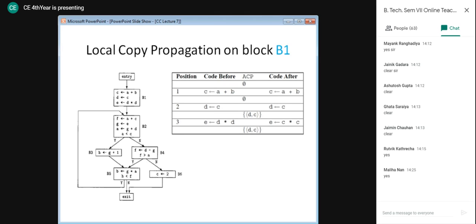So repeating my question, you need to apply local copy propagation on block B2 and see if you are getting the answers which I'm going to show you in the next slide. I'm going to wait for a minute or two. Once you have your answers, please notify and then I will change the slide and you can compare your answers.